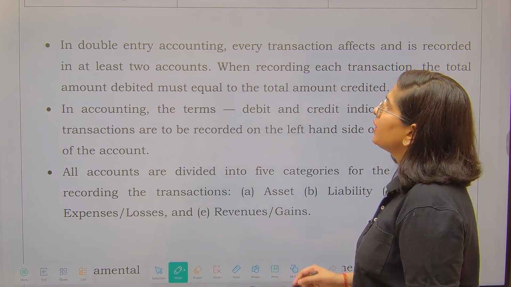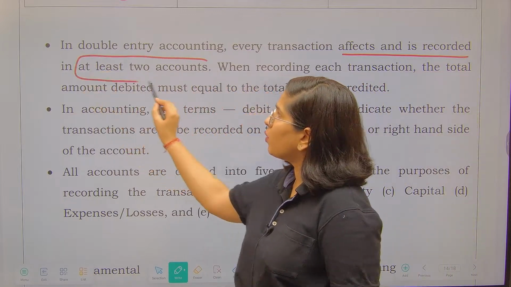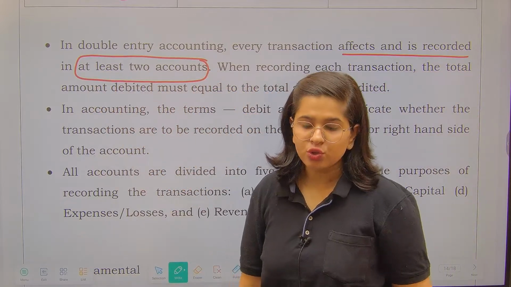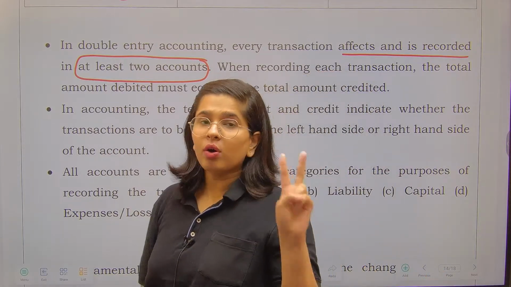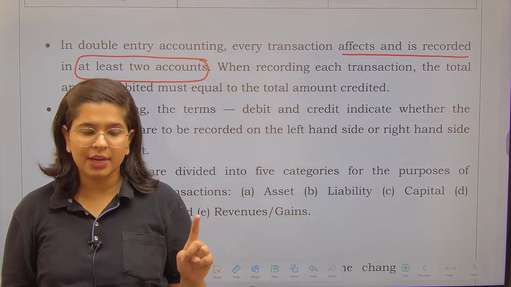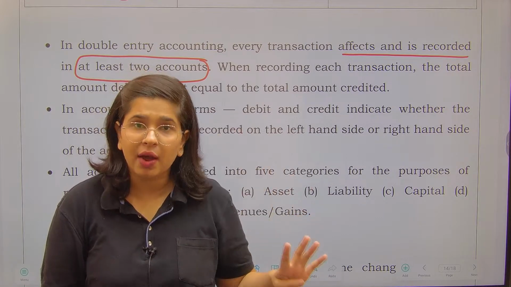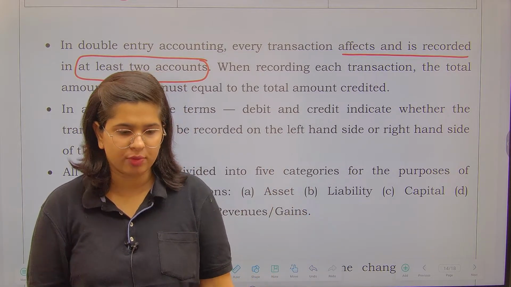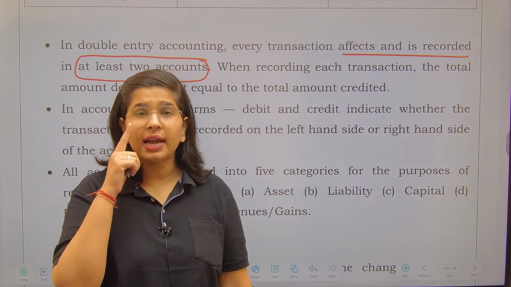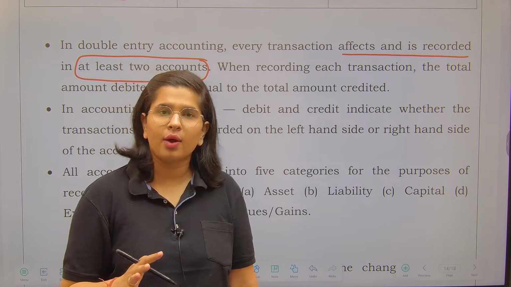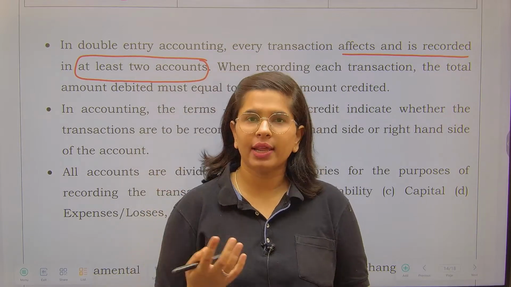In double entry accounting, every transaction affects and is recorded in at least two accounts. When I say at least two accounts, I am not saying only two accounts. Two accounts can be involved in a transaction, three accounts can be involved, four accounts can be involved, right? Even more can be involved. So what I am saying is that at least two accounts are always there, and more can be there too. Like for example, suppose